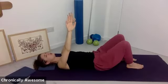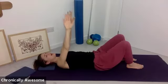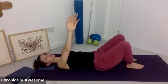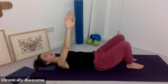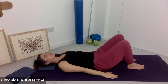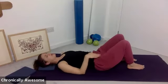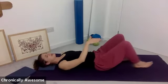Let's just do two more. Breathing in reach, keeping your palms in this position if that feels okay. Exhaling low. Breathing in and exhaling. And then turning those palms to now face your knees. And then lower them back down. Nice and relaxed. So coming from here, we're going to go back to our leg slides, but this time, as